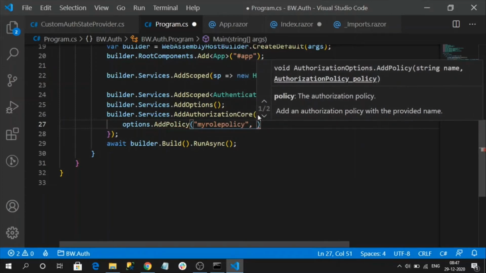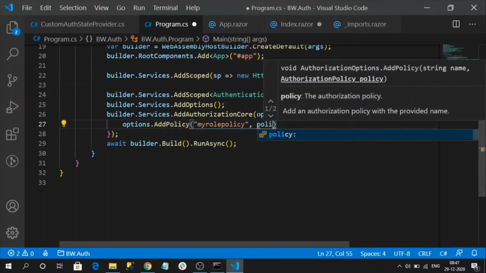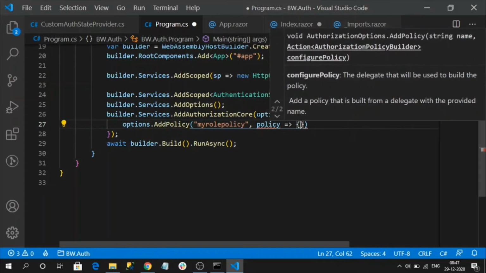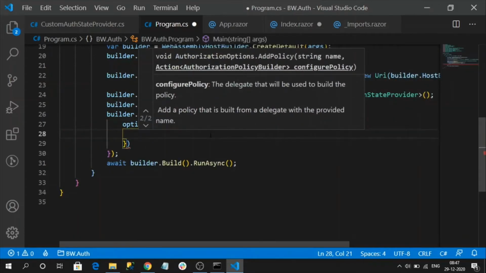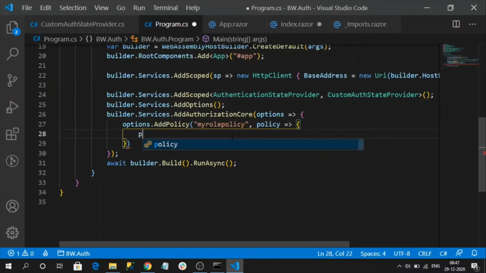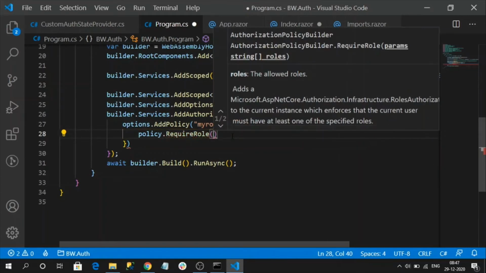Here I am going to create policy options. In this policy we have RequireRole. See, here it is an array of params type, string param type.